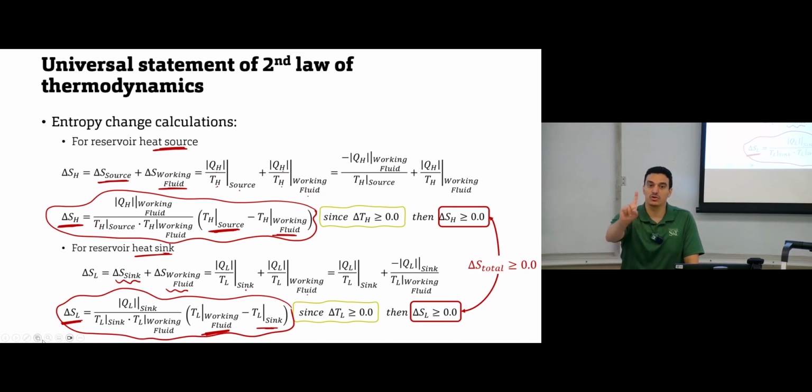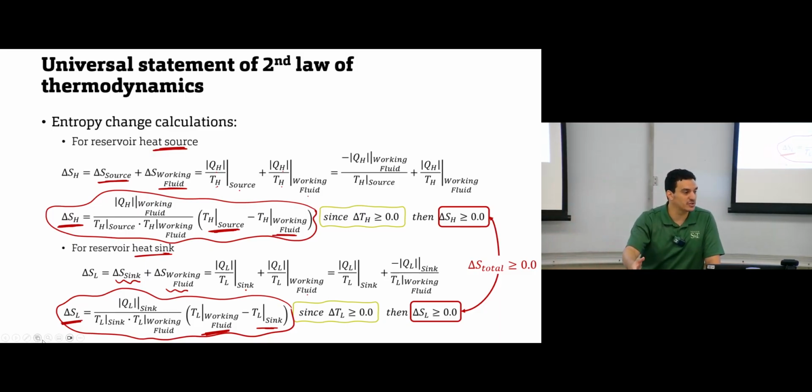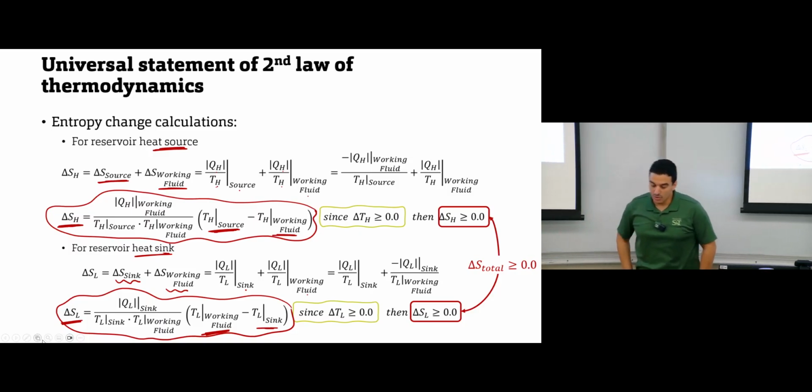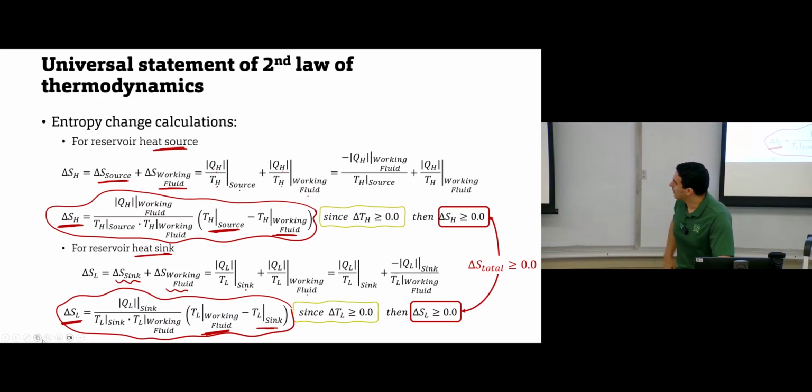Entropy change can be 0 in one case, if the process is ideal or reversible. And again, we cannot have any reversible process in real life. This is only an approximation to simplify the analysis, to find the maximum work we can obtain, the maximum efficiency of the process. But in real life, entropy is always increasing. Entropy always increases. Let's keep the second definition for later, because it will be difficult right now.